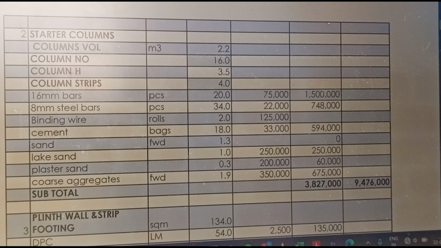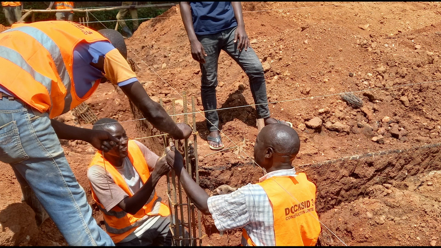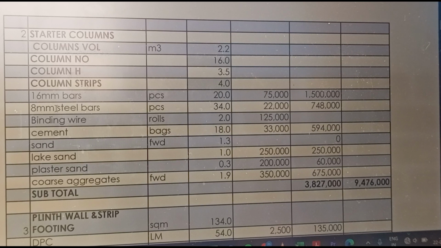Going ahead, still under our substructure, we'll need the starter columns, and in the starter columns we'll need to put 16mm bars for reinforcement. Then we need 8mm bars. These ones are for the rings that we tie around the columns. Then we need binding wire for tying those rings around the columns. We need 2 rolls. Then cement, we need 18 bags. We need lake sand, 1 4 trip, plaster sand. Then coarse aggregate, we need 2 4 trips, and that will bring us to a total of